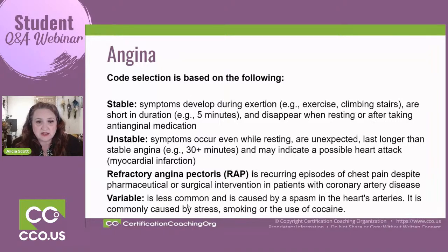Unstable angina is different. That is when you have those same symptoms, but you're resting. So you're in your recliner, you got your feet up, you're watching the ball game, and it's really rather boring. And then all of a sudden, you start getting this pain, as if you had walked up a flight of stairs. That is not good. That's unstable. And if it lasts longer than 30 minutes, then you